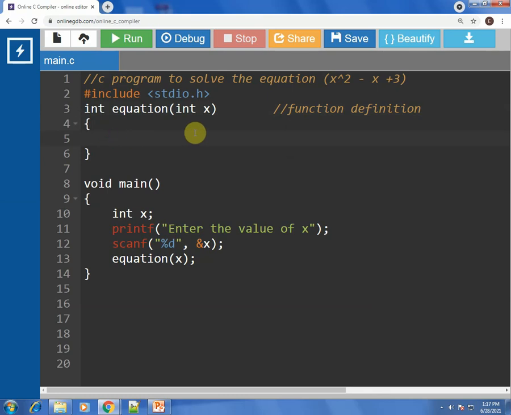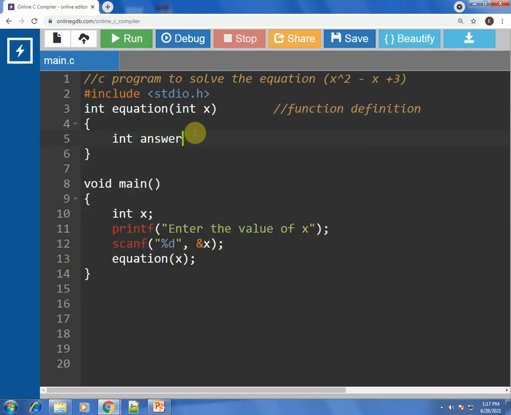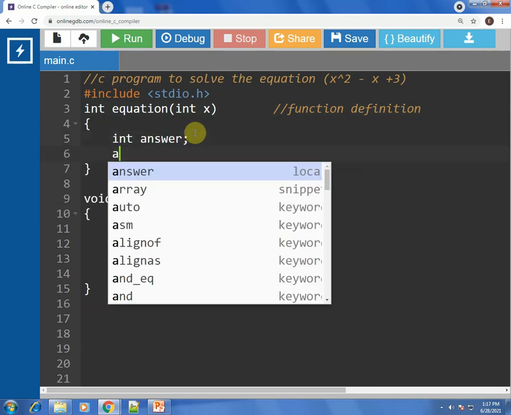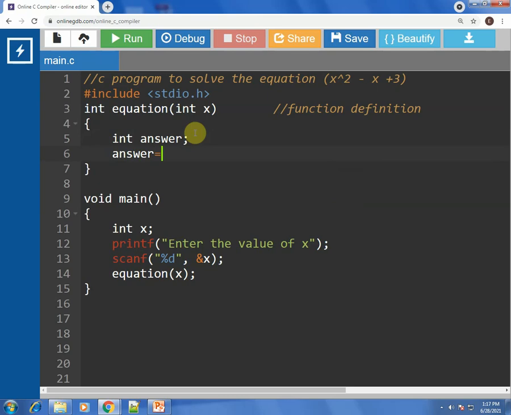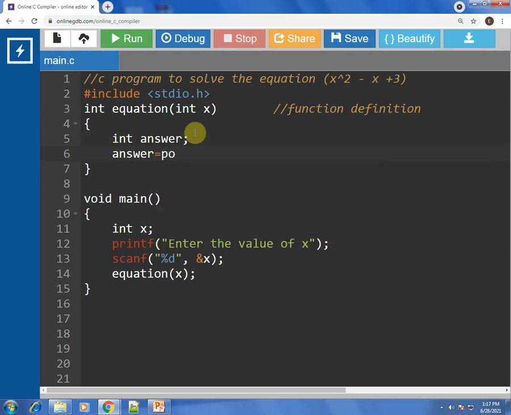Inside this I will write how to solve the equation. Let's have a temporary variable, answer, which will store the answer. So answer is equal to x square. Let us use the power function because it is x square. The power function is pow.